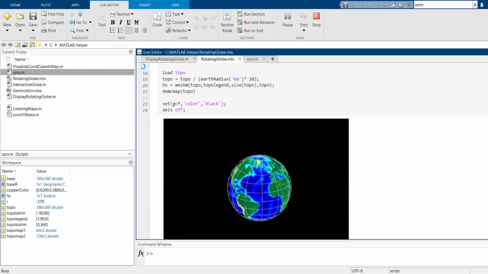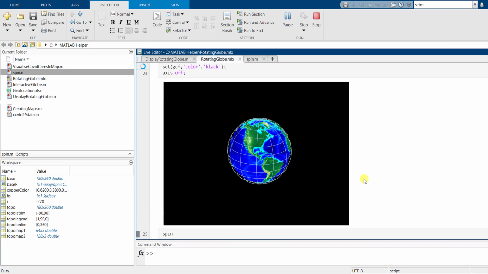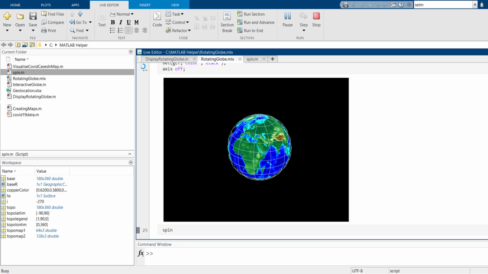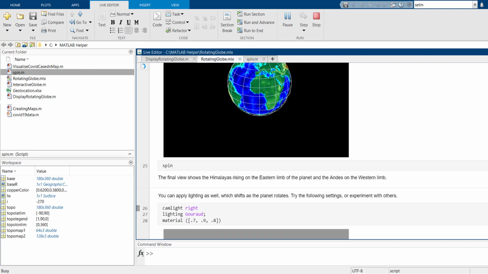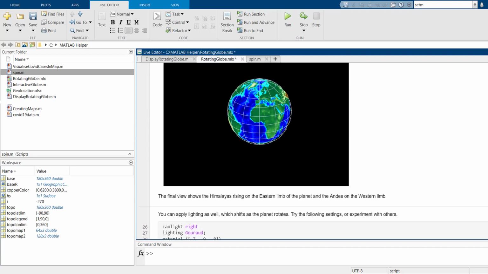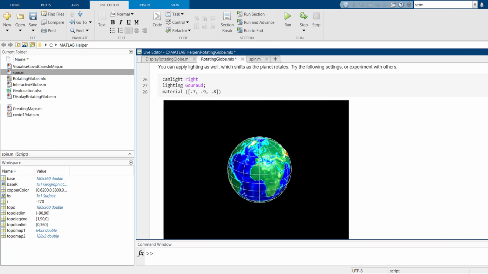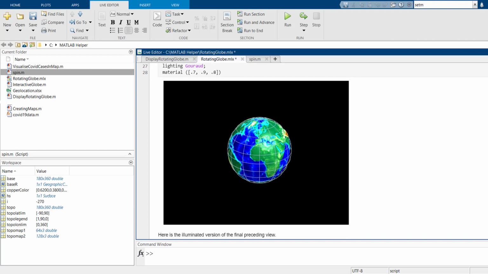Moving on again, we have the earth spinning in a black background with its landscapes visible now. And we have the final image here.